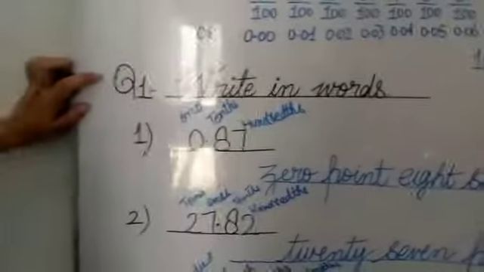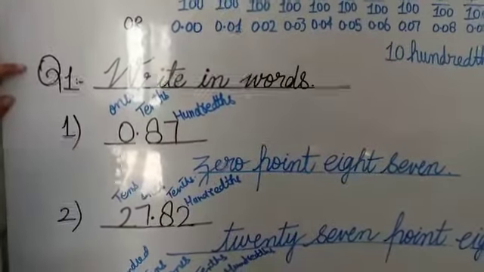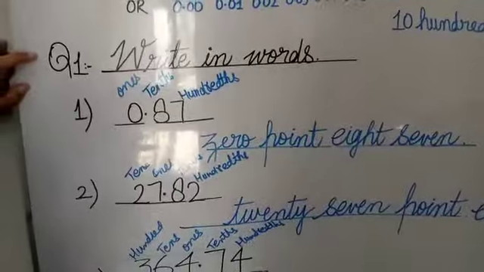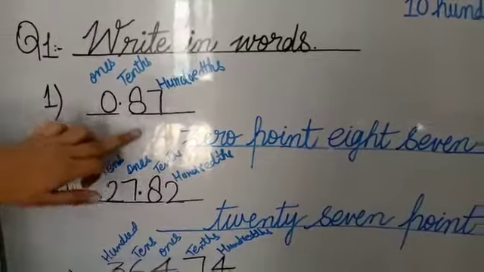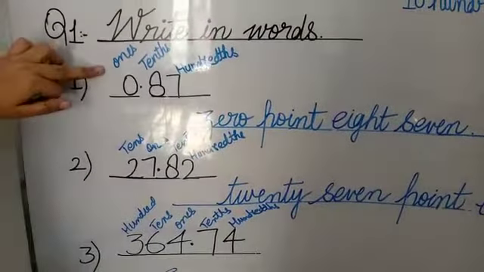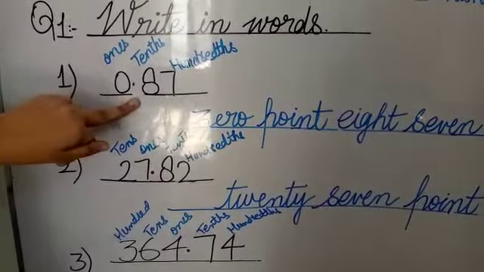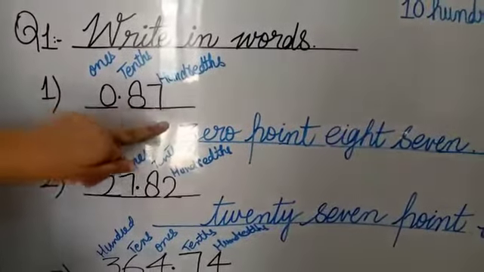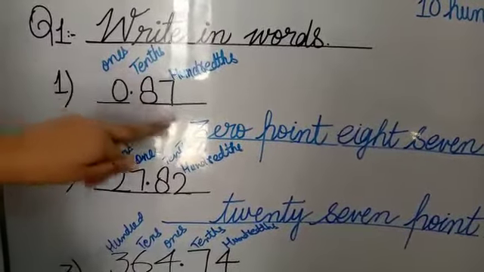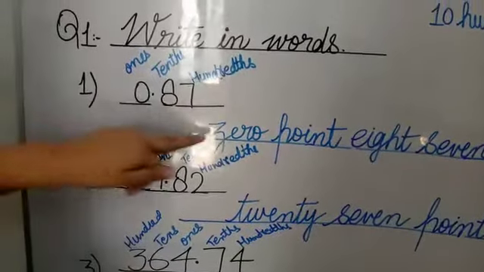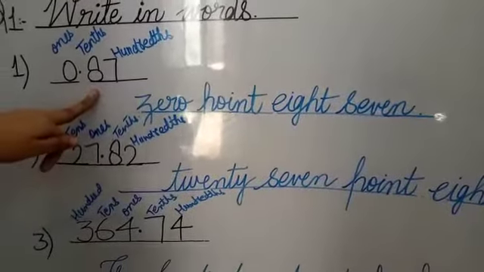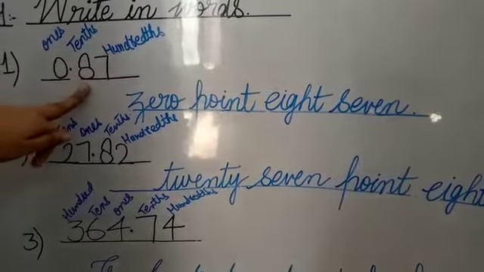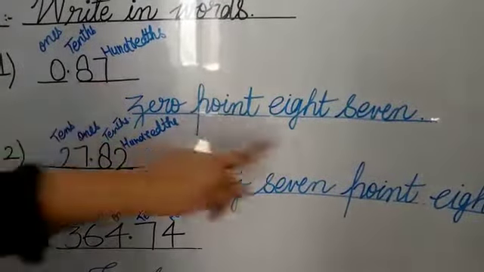So now question number 1 is write in words. आपके पास क्वेश्चन डेसिमल की फॉर्म में होंगे, आपने उनको इन वर्ड्स में राइट करना है. So first of all you write the places of the given number. The given number is 0.87. 0 is in the place of ones, and after the point it starts the range of tenths and hundredths. So 8 is in the tenths place and 7 is in the hundredths place. So how to write this number in words? 0 as it is, then you write point in words, and you write the numbers after the point singly: 8, and then 7.